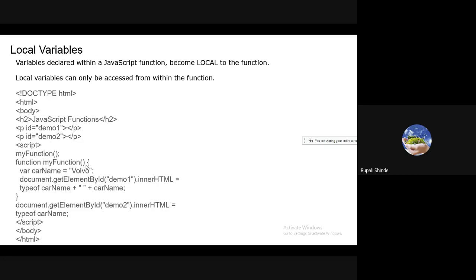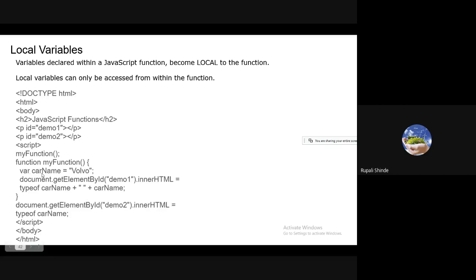Here in the script I have to declare the function myFunction, opening closing rounded bracket and semicolon. It is the function declaration. Then now I want to define the function. So function myFunction, opening closing rounded bracket, opening curly bracket. Now I have to create here the variable carName.